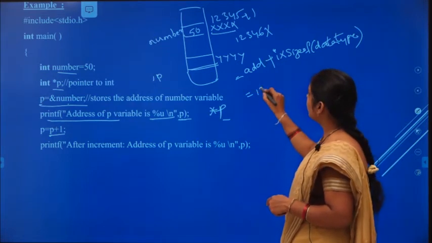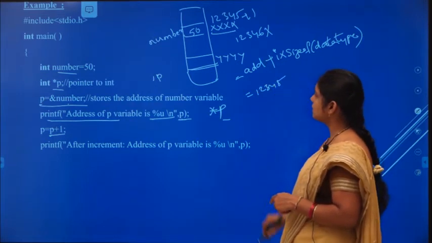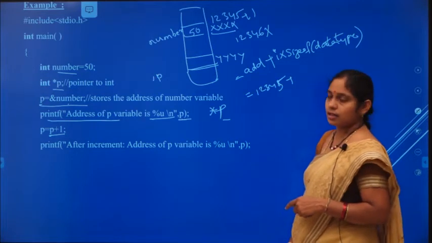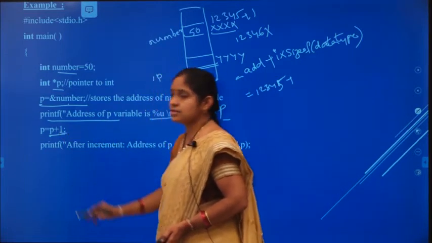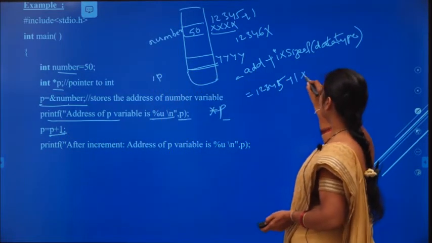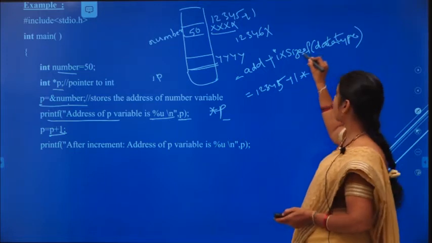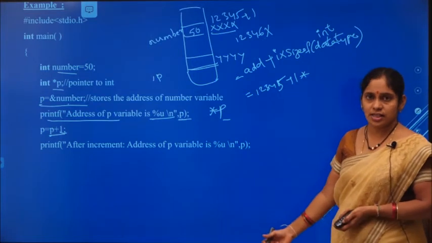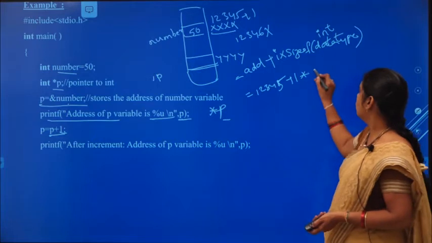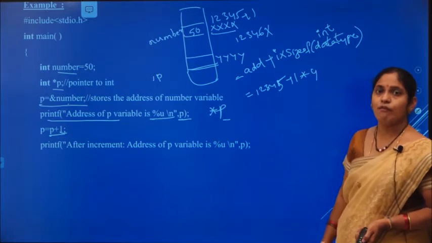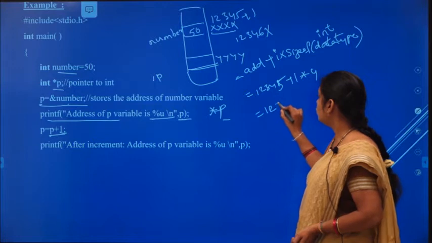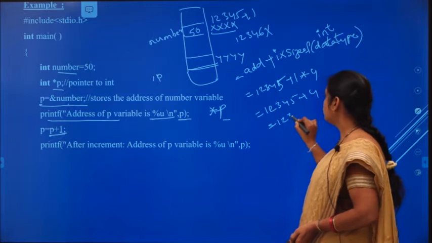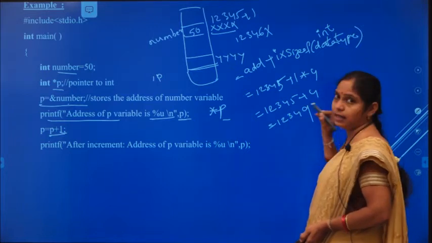What is the address here? 12345 is the present address plus i. i means how many times we are incrementing this? 1 time. So, 1 into size of the data type. Size of which one? int. How much does it give? My processor here is 64-bit, so size of int is considered as 4 bytes. Means 12345 plus 4, which gives 12349.